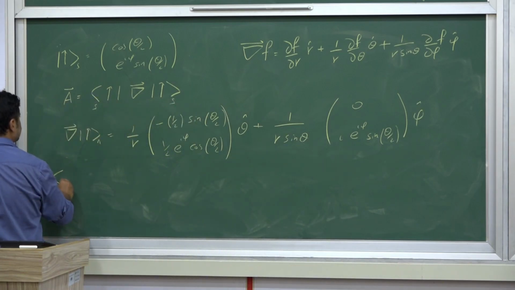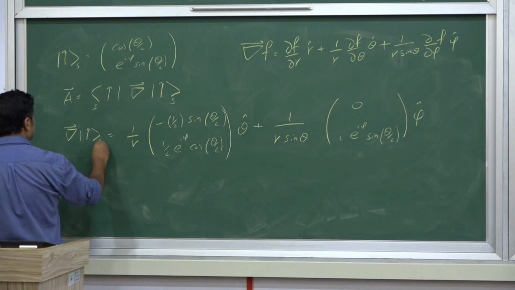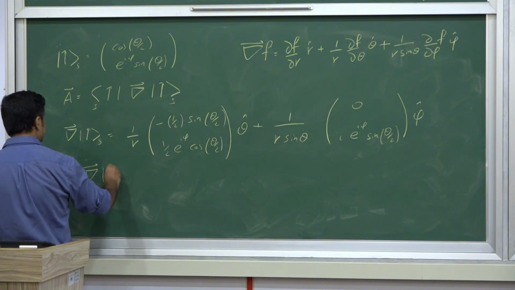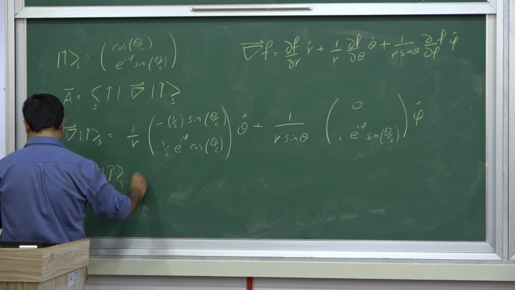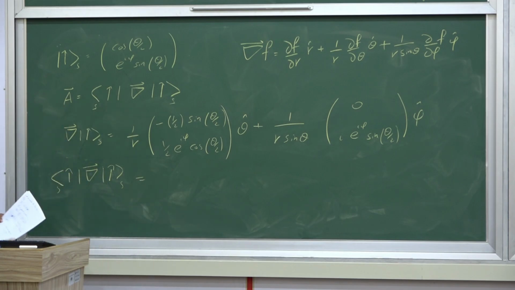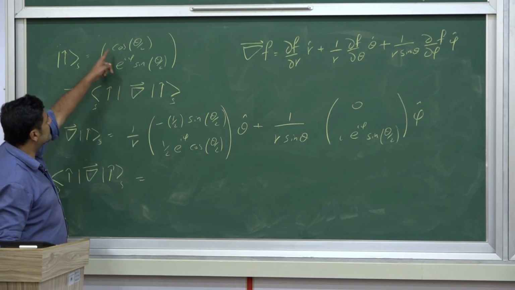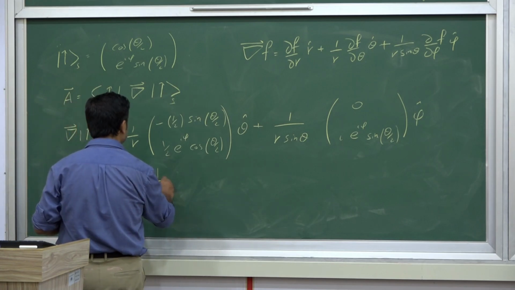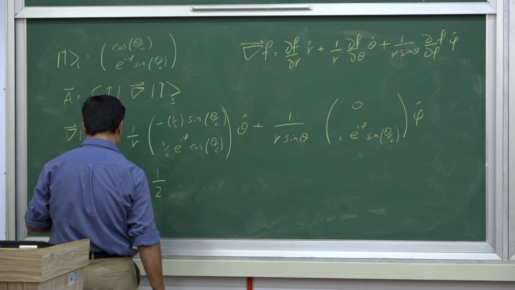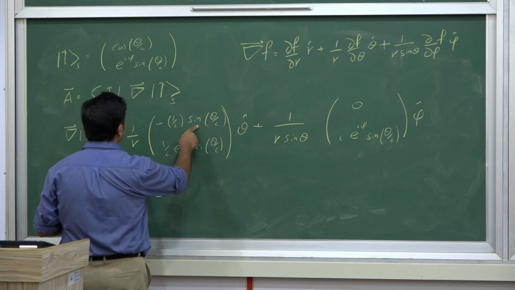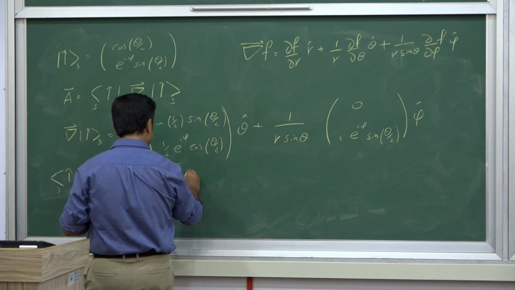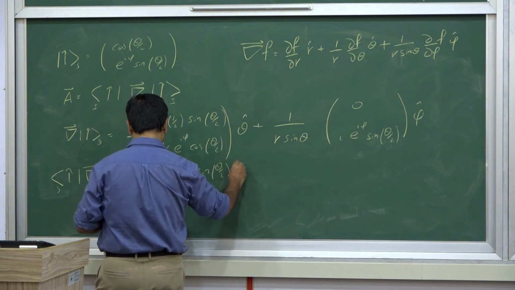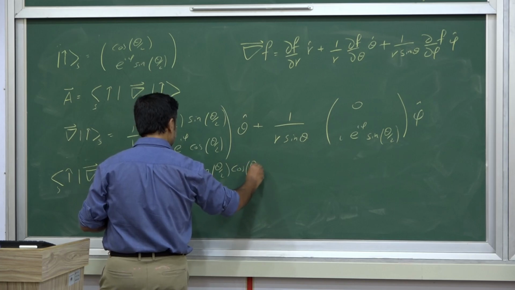And when I compute this, I'm projecting this on that. This with that gives me minus sine theta by 2 cosine theta by 2,